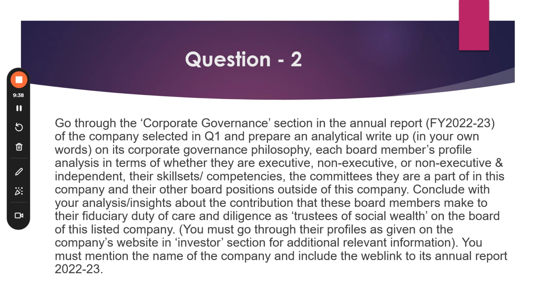So make sure you are using the same company in question 1 and question 2. Don't use a different company. Maybe you are using TCS in question 1 and Infosys in question 2, or Wipro in question 1 or SBI in question 2. No. Make sure you are using the same company. Obviously, it should be a Fortune 100 company. Second thing, the BRSR report and the annual report should be readily available on the internet. So before proceeding with questions 1 and 2, make sure these documents are available on the internet, right?